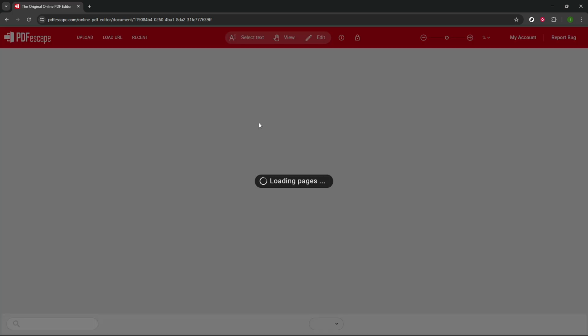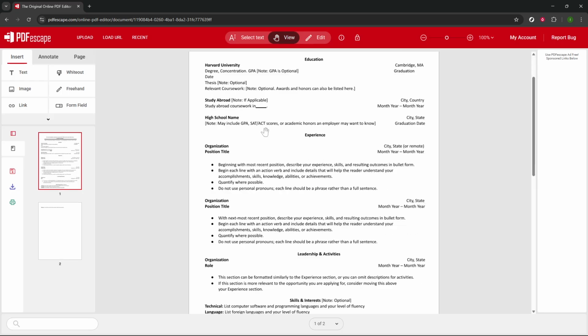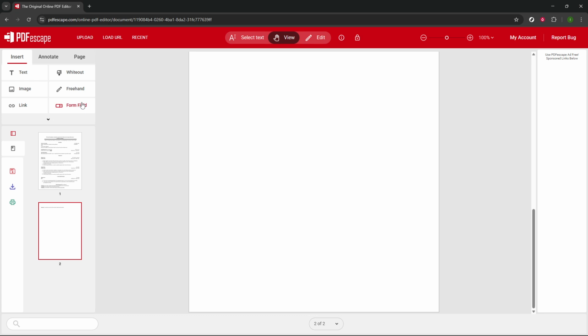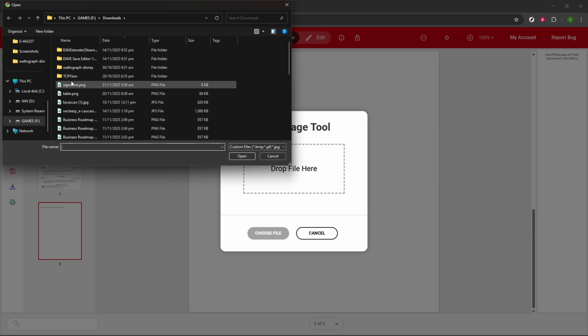To place your signature, we'll insert it as an image. On the left toolbar, choose the Image tool. This tells PDFescape you want to drop a picture onto the page, which is perfect for a saved signature. Click Choose File and select your signature image. For the cleanest result, use a PNG with a transparent background so only your handwriting appears, not a white box. If you don't see a transparent option, check that your signature file ends with .png and was exported with the